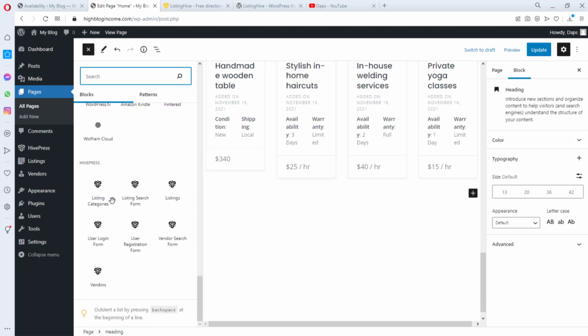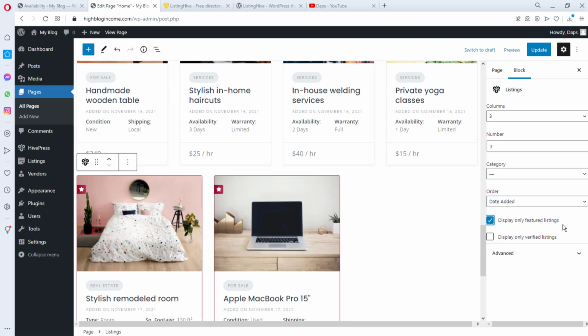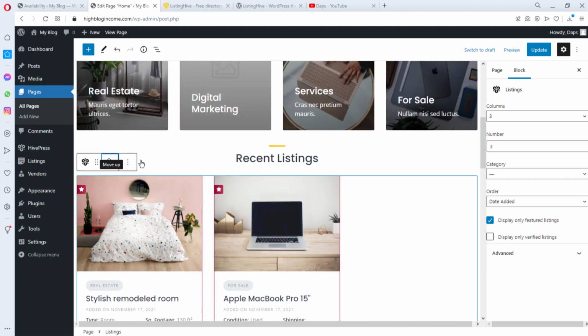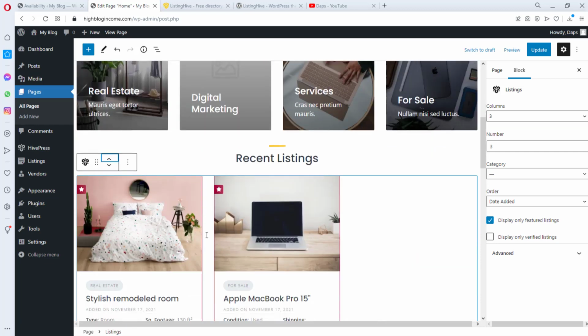So if you come to Hivepress here, and now if you come to our listings, you can say we want this listing here to display featured listings alone. So we just have 2 featured listings, and that's exactly what we want this to display, and we want to just leave it as 3 and 3. So per time we are just showing 3 featured listings. So we have 2, we can make 1 more featured so that it will kind of pop and make this unique, and we can shift this upward. So what people see first is after categories. After categories will be for them to see